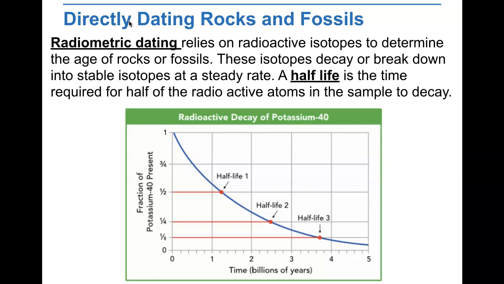The absolute age of rocks can be determined using radiometric dating. This technique relies on radioactive isotopes, which decay or break down into stable isotopes at a steady rate. A half-life is the time required for half of the radioactive atoms in a sample to decay. After one half-life, half of the original radioactive atoms have decayed,